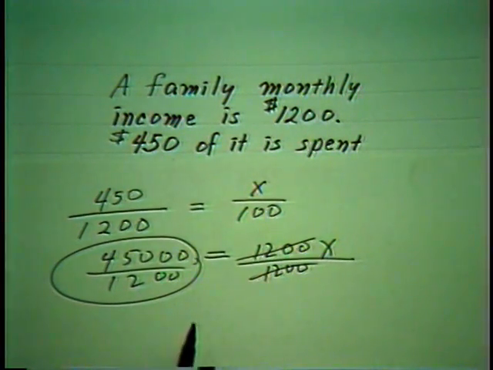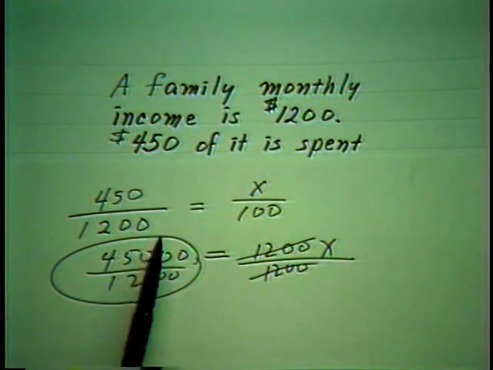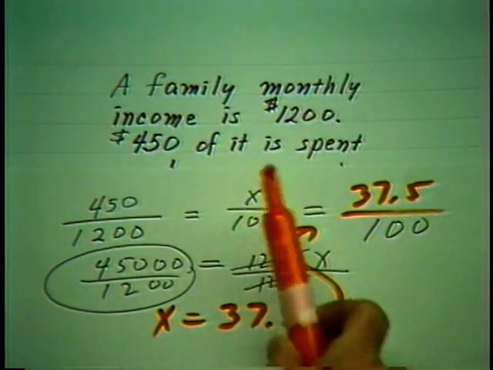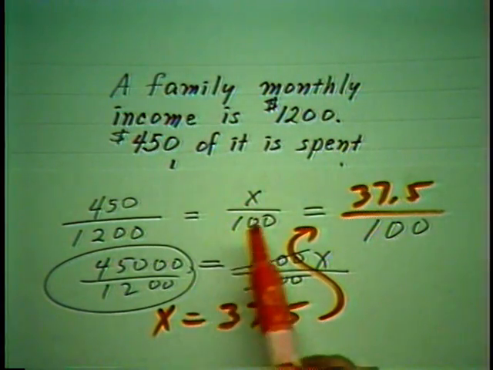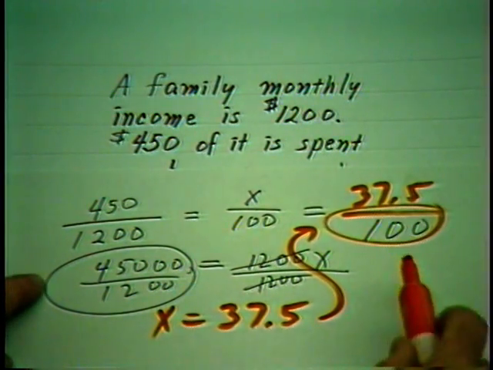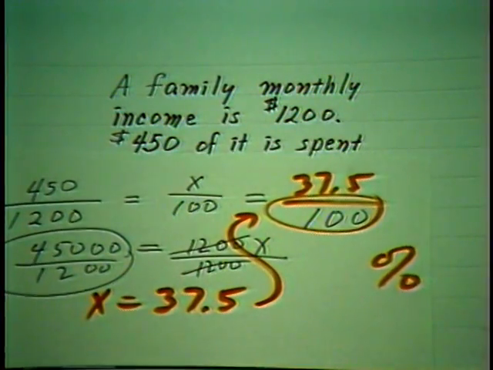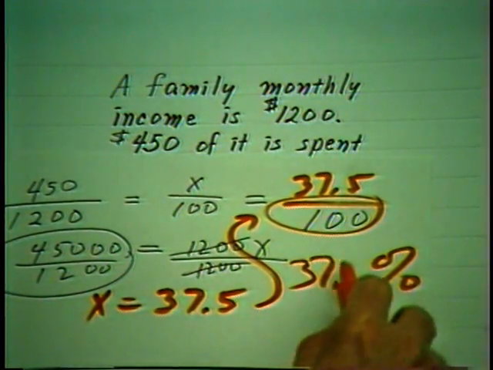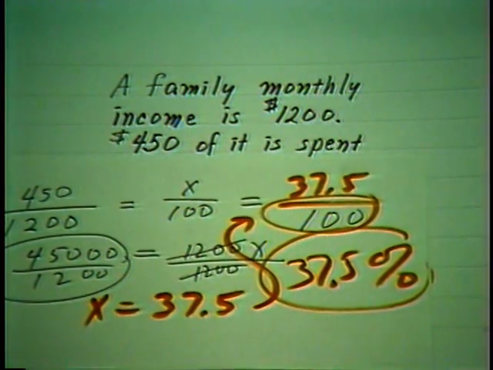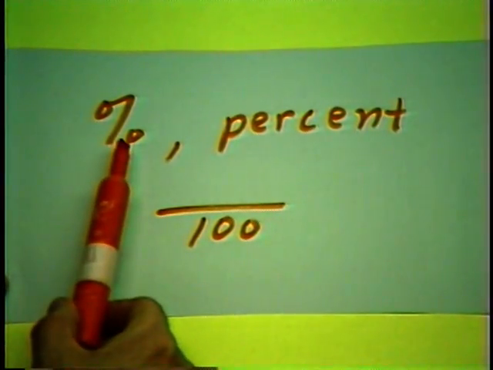This is my percent. So we can simplify this either with a calculator or by hand, but in either case we'd get 37.5 is my x. My per 100 was what started the whole thing. So this per 100 can be replaced by that mark right there. So this family spends 37.5% on rent. The whole point of all of this now, remember, is simply that this mark and the word